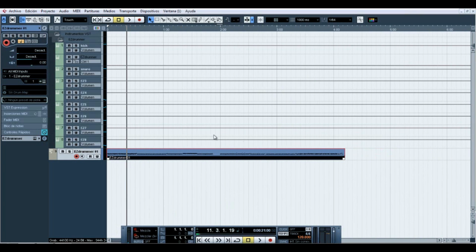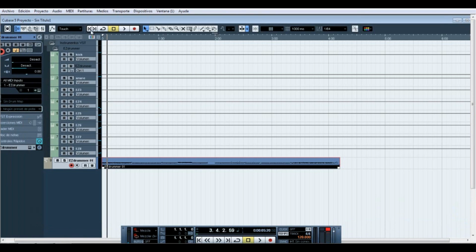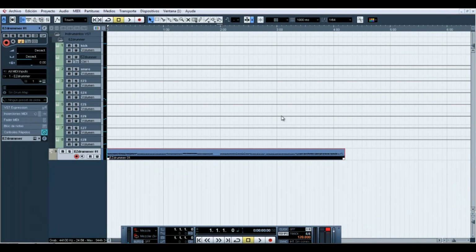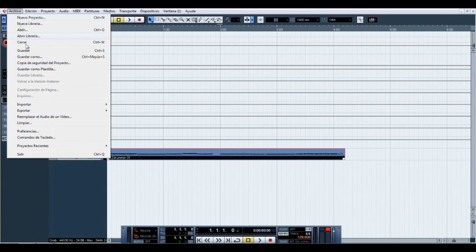And if I click play here, okay, so I drag the beats to Cubase to my session, and if I click here on file and then export